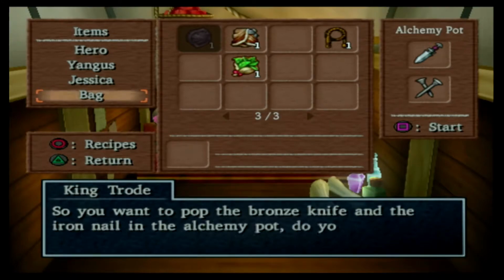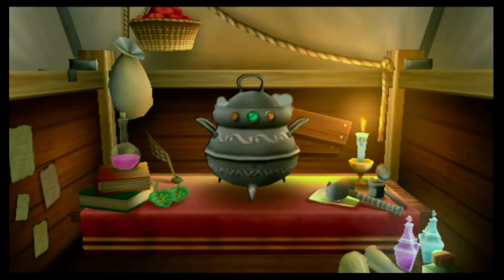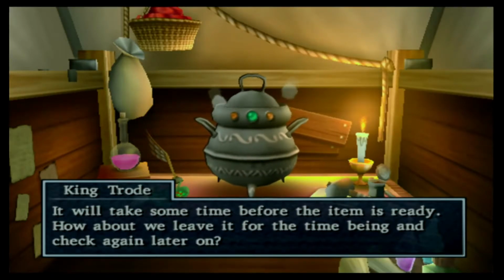So you want to pop the bronze knife and the iron nail into the alchemy pot, do you? Yes I do. Now that's going to take a little bit to make, but... I do believe you're onto something here. It'll take some time before the item is ready. How about we leave it for the time being and check it again later on, yes. We shall do just that. When the time comes...